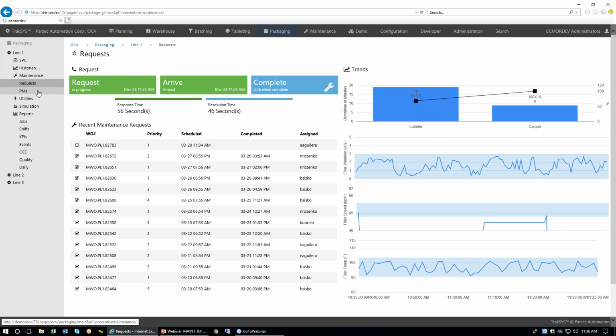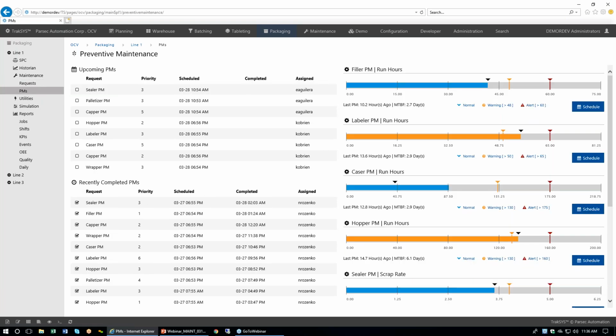The other thing I want to show you is preventative maintenance. So traditionally, preventative maintenance is done in a very formulaic way. Someone guesses, okay, we're gonna do preventative maintenance on this machine every week, because that's really the easiest way to do it manually. But now that we're down in a system like TrakSYS and we can reach in and have real-time communication with the systems, you can see over here on the right, from the filler, labeler, caser, hopper, our key pieces of equipment, we're able to measure